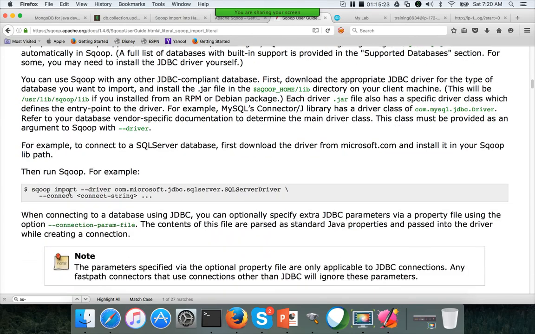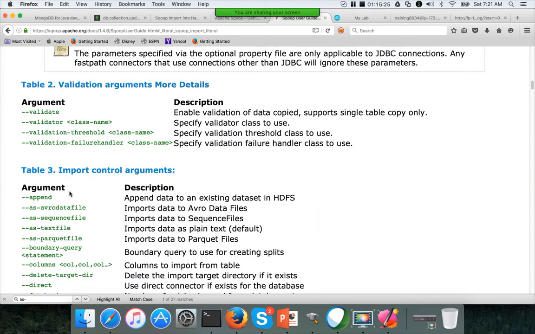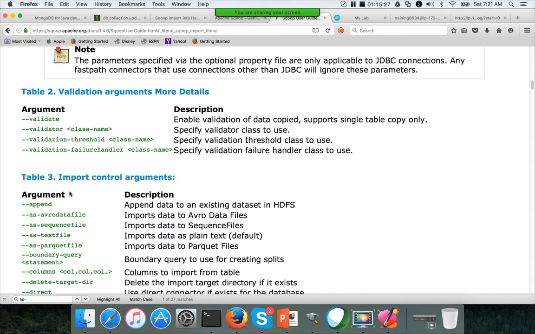And then once you scroll down, I'm not sure about the validation arguments. Okay, validation argument. So validate is primarily to validate whether your data is copied successfully or not. I have never used that before.